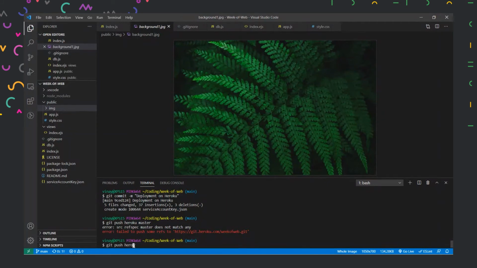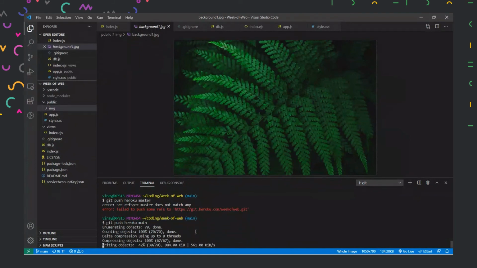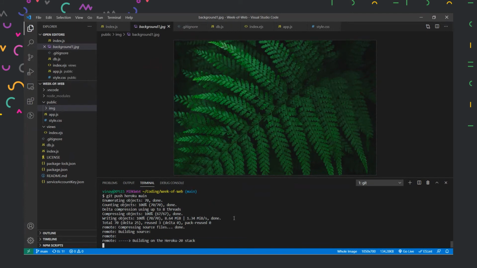Let us try Heroku main as well, because everyone is changing from master to main. Remember, there was some revolution for Black Lives Matter. After that, GitHub changed all their notations from master slave. This master refers to the master slave term, right? So to remove that, they changed from master to main everywhere. So let us see whether main also works here. So yes, that was one change we needed. Instead of master, we had to use the main branch. So it is being used everywhere now, even GitHub and Heroku both.